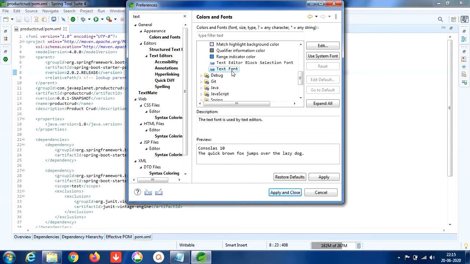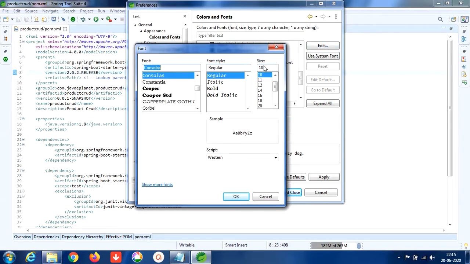Click on text font. Click on edit. Increase the size to 18 and keep the font style as bold so that you can see the letters very clearly.